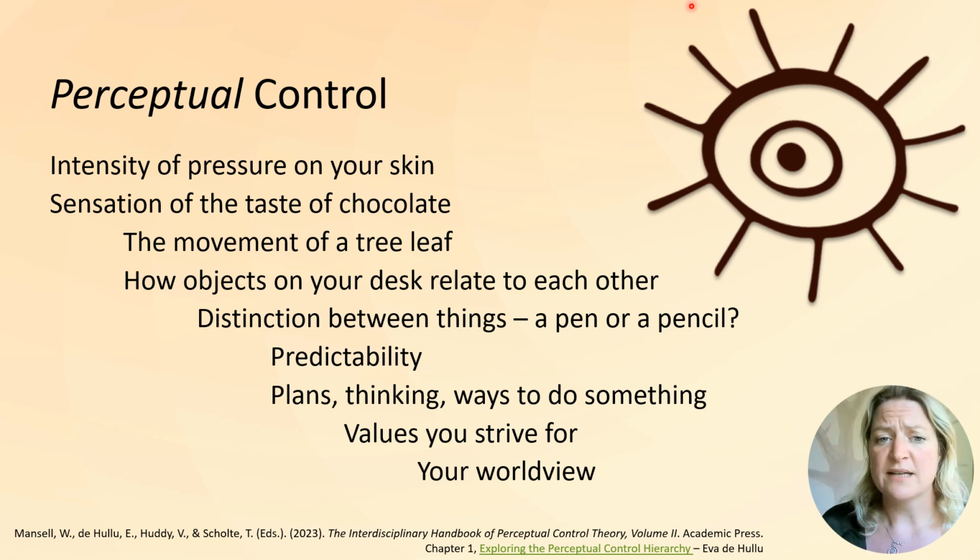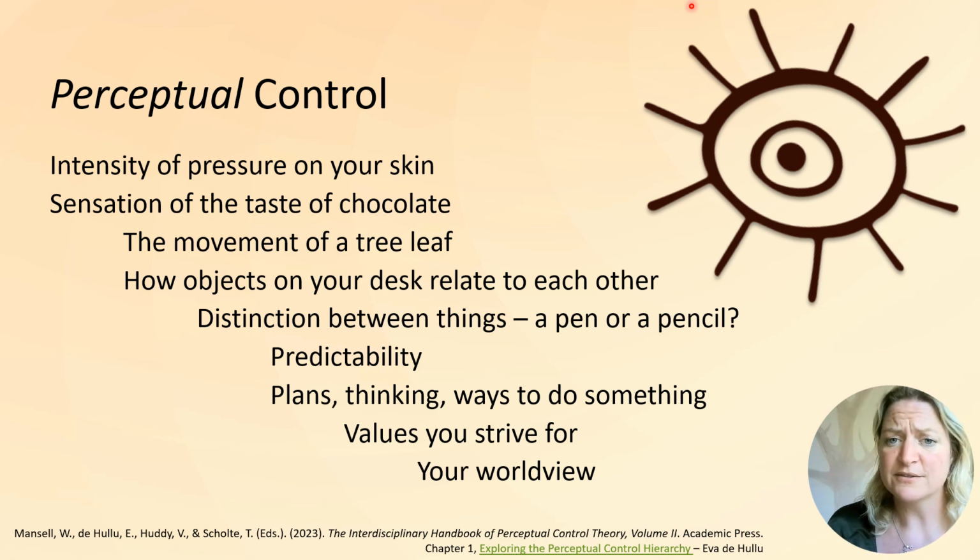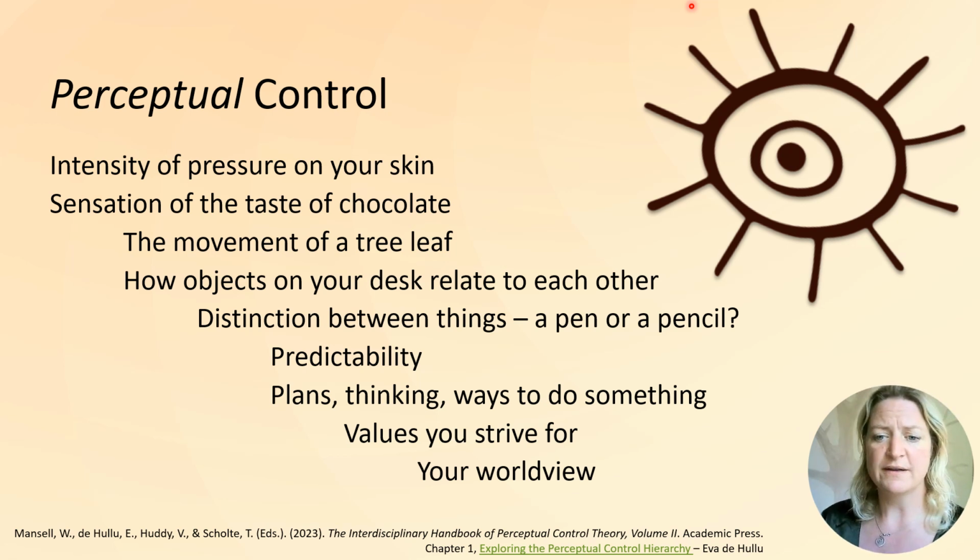At a more complex level, we control our perception of predictability in our environment, so we understand and create patterns and anticipate what happens next. At even higher levels, we control our perception in the form of algorithmic and programmatic thinking, planning and executing plans, the way we can do things or solve problems. These plans, even at a higher level, are guided by our control of principles, the values we strive for. And finally, at the highest level, we control system concepts by defining what is real and what is not.